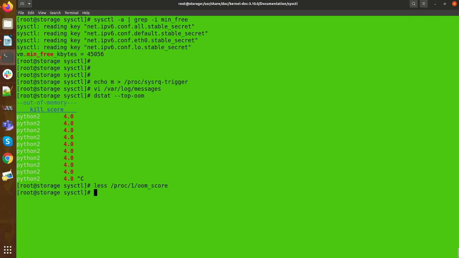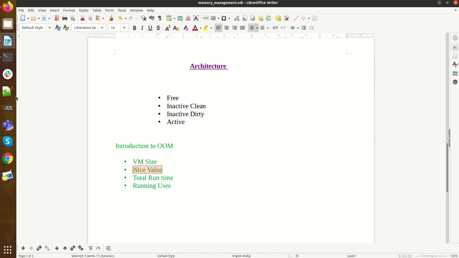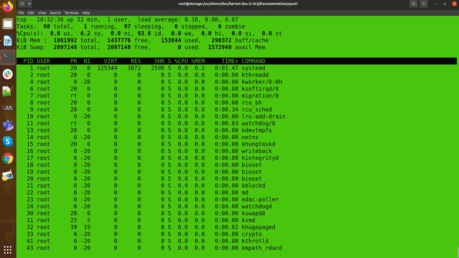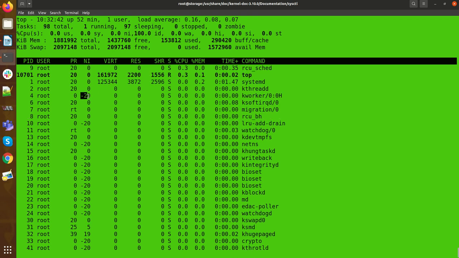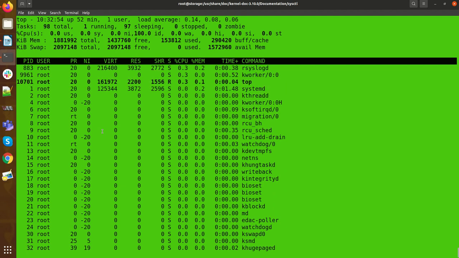Okay, so now the question is how out of memory is calculated. Basically the OOM score is calculated on the basis of these points: VM size, and the nice value, which comes in top. You can see the nice value here, from minus 20 to plus 19. A lesser value means a good process.